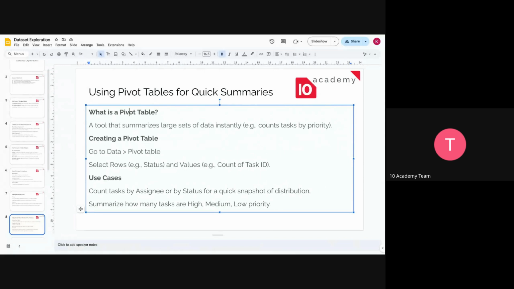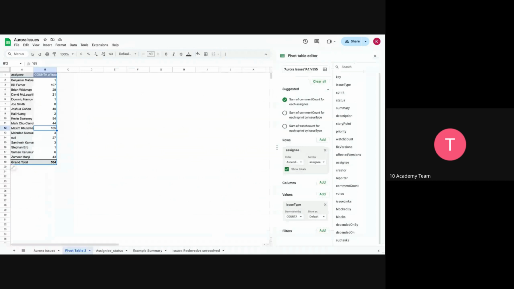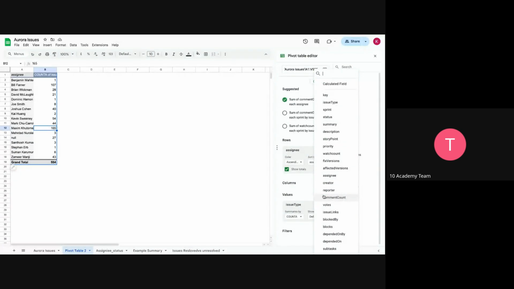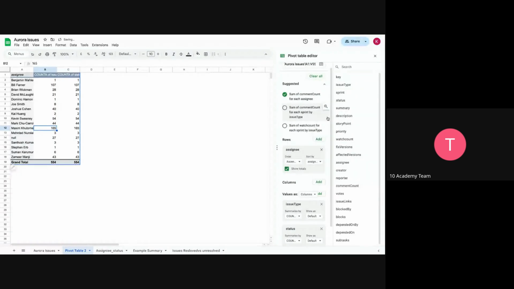So it's a really powerful tool, the pivot tables. Use cases are to count the tasks by assignee, which we did, or by status. So you can add another value here. Then for the column, you can have status and count. So for the status, don't count actually. You can summarize them by,